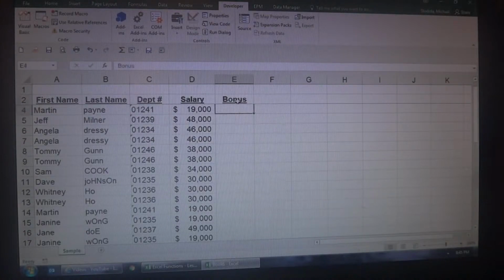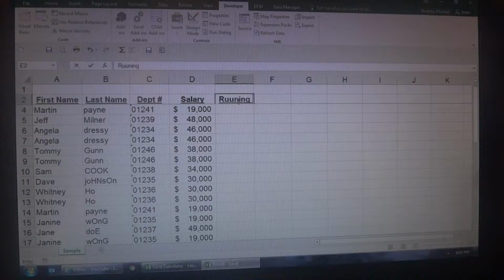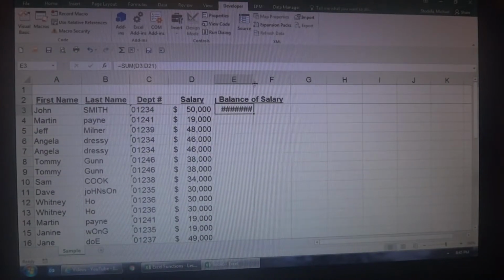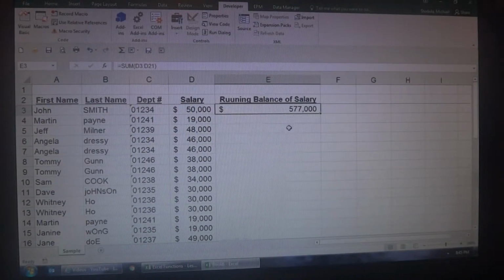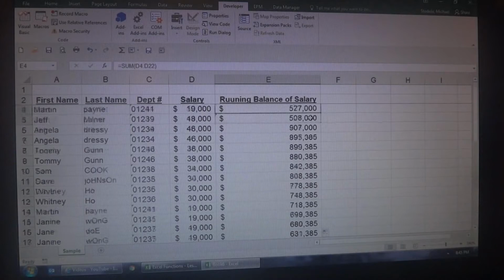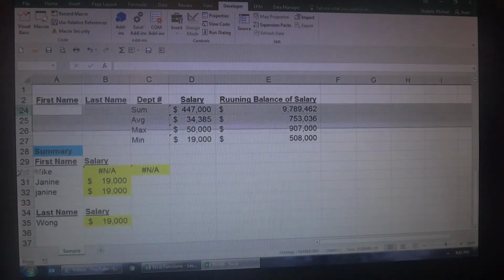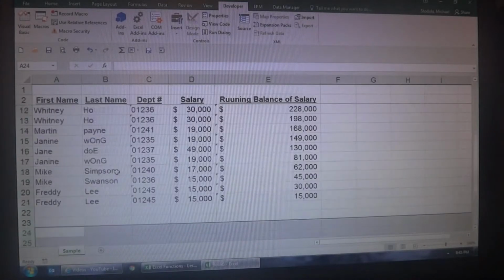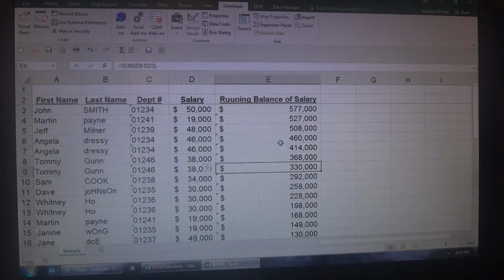So it's going to be a running balance of salary, excuse me. All right, so what I'm going to essentially do is drag this down just like that and get rid of this garbage. I don't want this here. Okay, so now